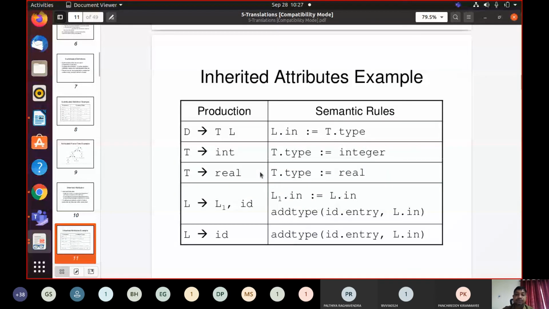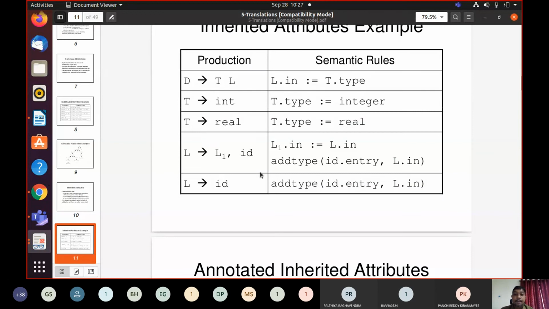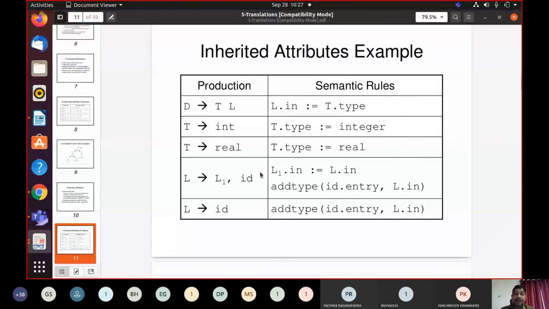See here. This is the example for an inherited attribute definition, or L-attributed definition we can say. Here you can see D derives T L. Here T is nothing but type and L is a variable, generally something like int x.